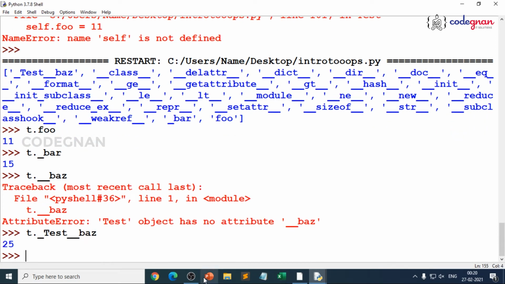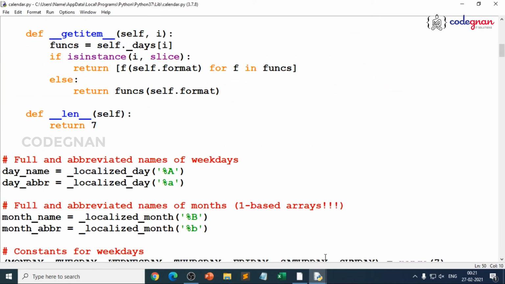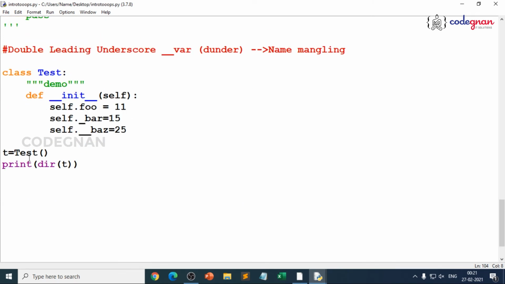That's the importance of double underscore. Whenever you create double underscore, your Python interpreter understands that it is protecting those special variables. That is the reason every special variable is with double underscore only. So it is doing name mangling. That means it does it to protect.